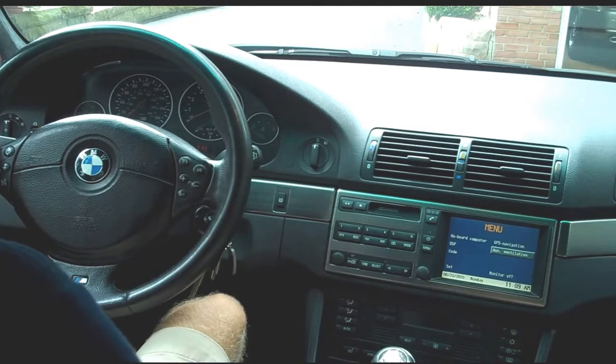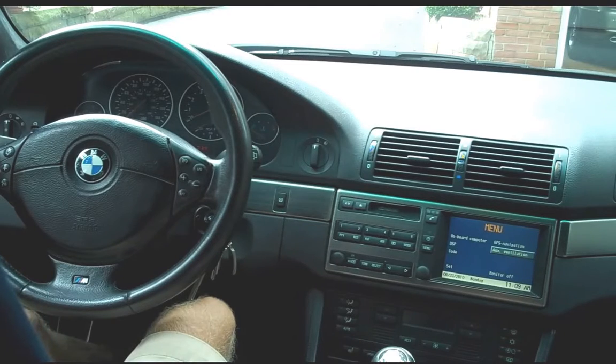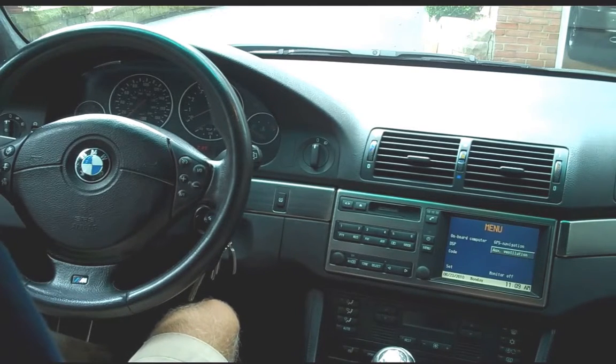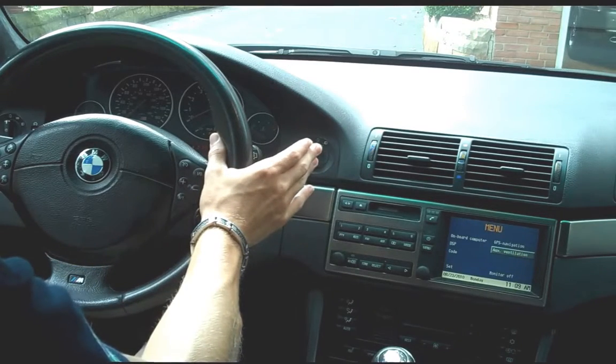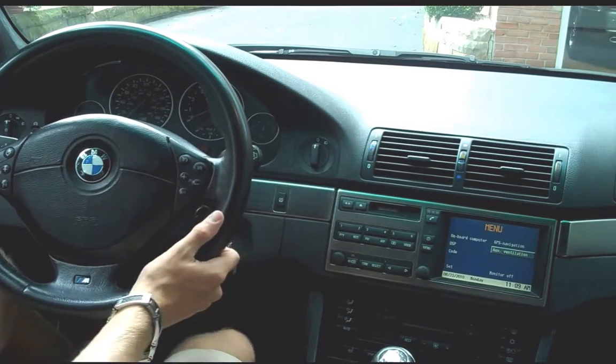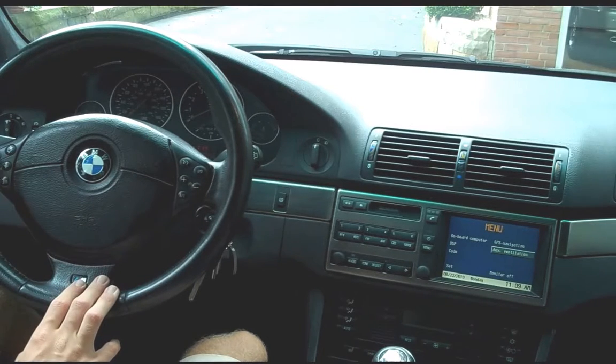Storage is good, except this thing here doesn't open, it just slides. Again, don't know how much of that you can see, I do apologize for that, but that's nice there. Headlight controls and fog lights are up here. Interior lighting is orange. It's pretty nice, I'm happy with it. On the steering wheel here, you're going to have your cruise control, your cell phone controls, volume up and down,